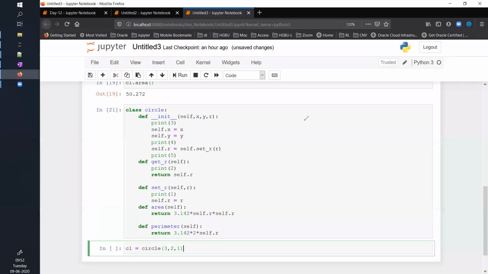It will print 3, then 4, okay. Then 1, then 5. Anything else? No, sir.